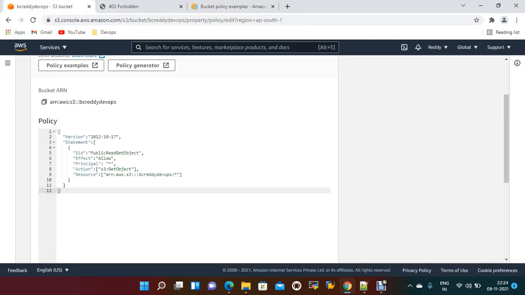So the bucket name is BC Reddy DevOps. So I'm just changing the bucket name here. BC Reddy DevOps.